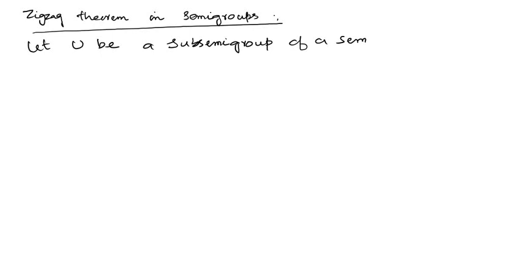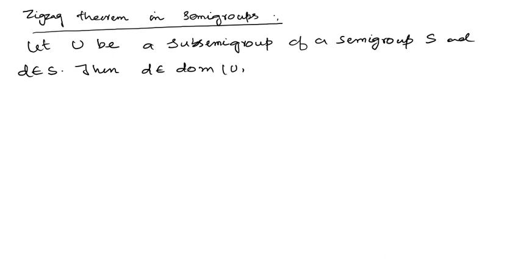Okay, today we will do the zigzag theorem in semigroups, and the statement is the following. Let U be a sub-semigroup of a semigroup S and D is an element in S. Then D belongs to the dominion of U in S if and only if D belongs to U or